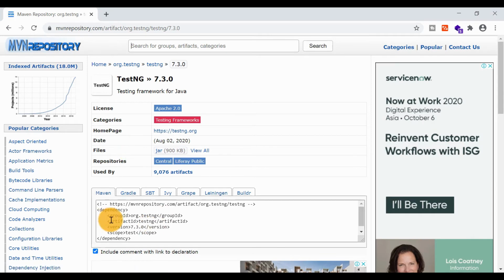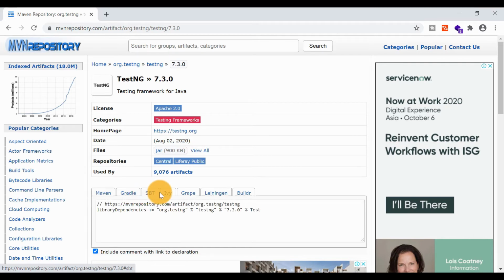So you just have to copy these lines and add them in your pom.xml. If you are using a Java project, you can download the jar files for TestNG from here. Just click on that, it will download the jar file. Go to Java Build Path in your project and import that external jar file. Now we are using the Maven project, so you just have to copy these lines. If you are using the Gradle build automation tool, the instructions are already given here, so accordingly you need to do.